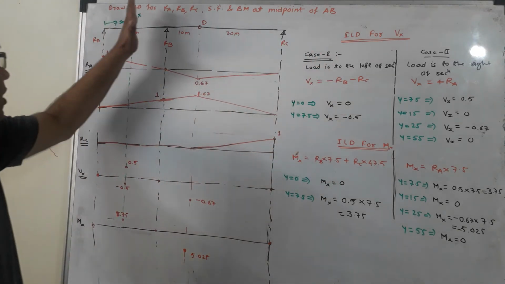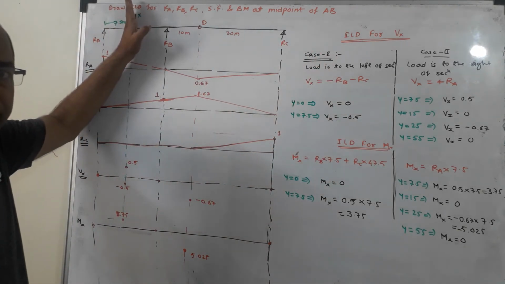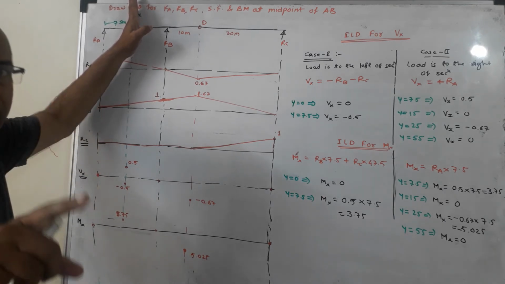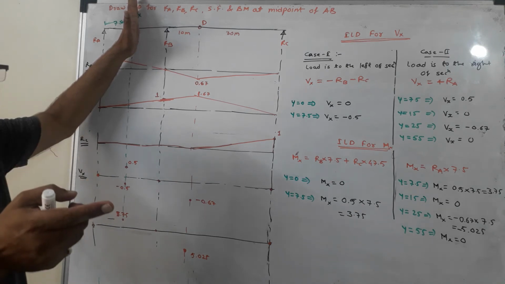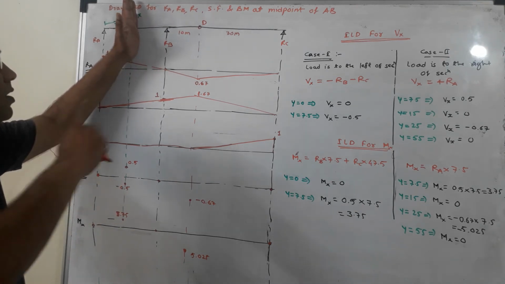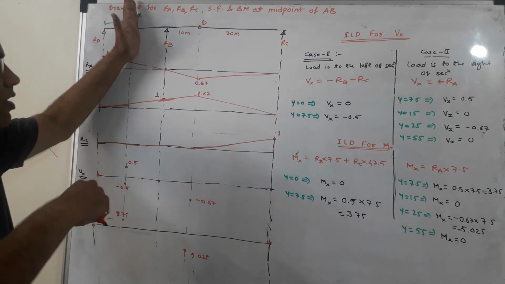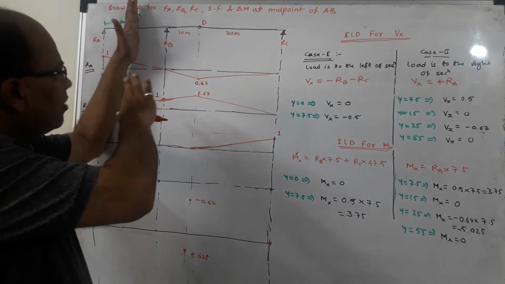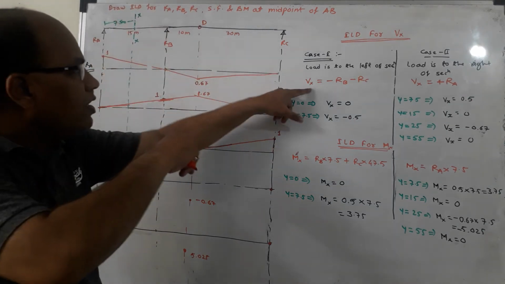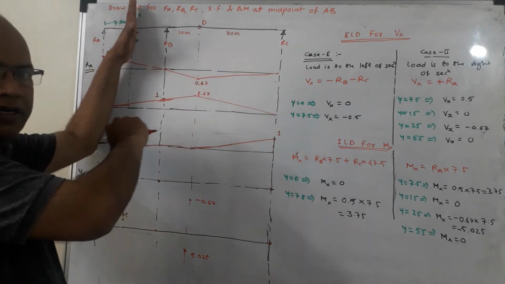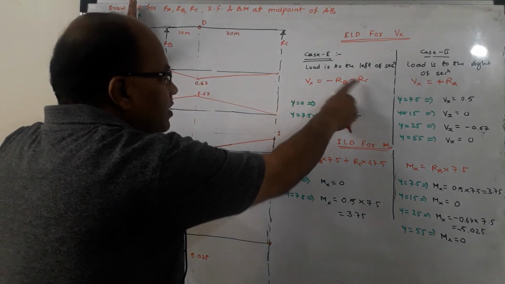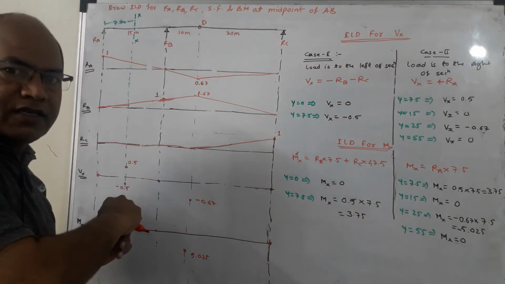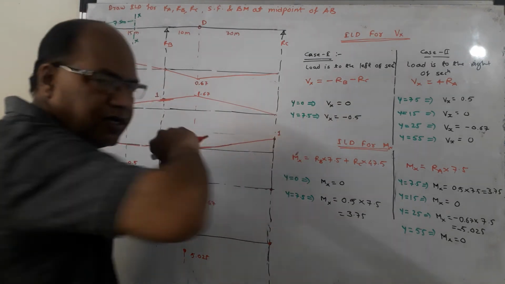Now when the load is in left part, remember the procedure which I discussed in the first video. When the load is in the left part, we don't go with the left part, we consider the right part. So when the load is in left part, consider the right part and get the value of shear force from the right part. So when load is in the span AX, we will be calculating the shear force from right part. So Vx will be governed by RB and RC and Vx will be equal to RB plus RC, but these forces are to the right and upward force to the right we are treating as negative. So Vx will be minus RB minus RC.